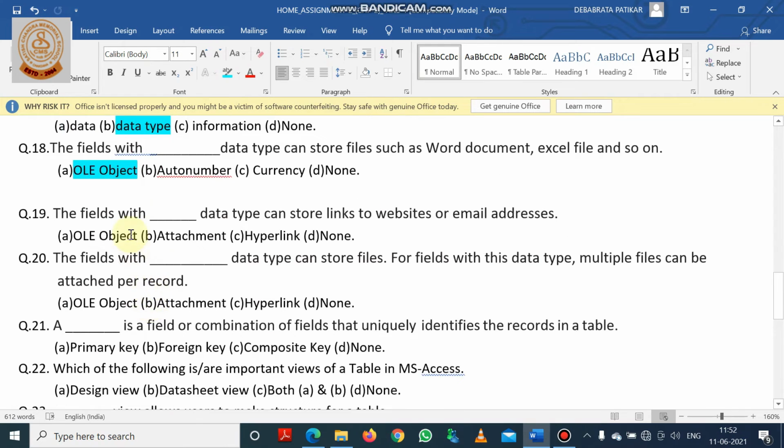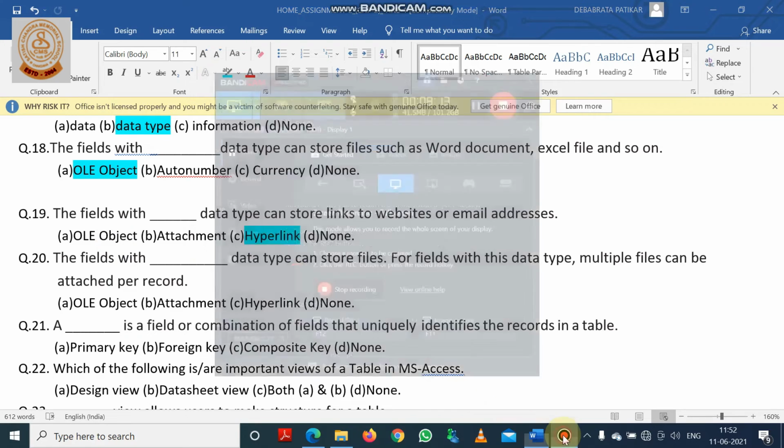Question number 19. The fields with the dash data type can store links to website and email address. So the option will be hyperlink. Hyperlink is a data type that you can set for a field, and within that field you can mention the email address or website address.